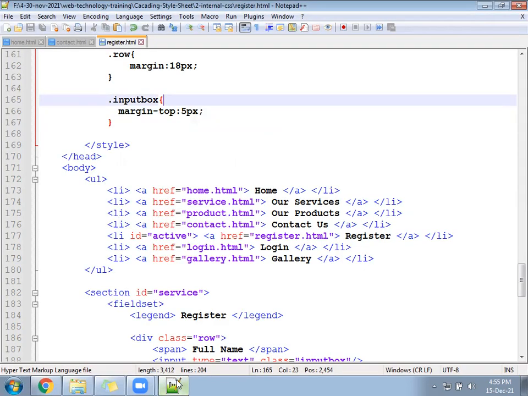Yes, it is working. So label you can convert into label only, or let it be a span, that is also fine. Now for input box, add one more property, margin-top 5px. The text box will live 5 pixels from the top.